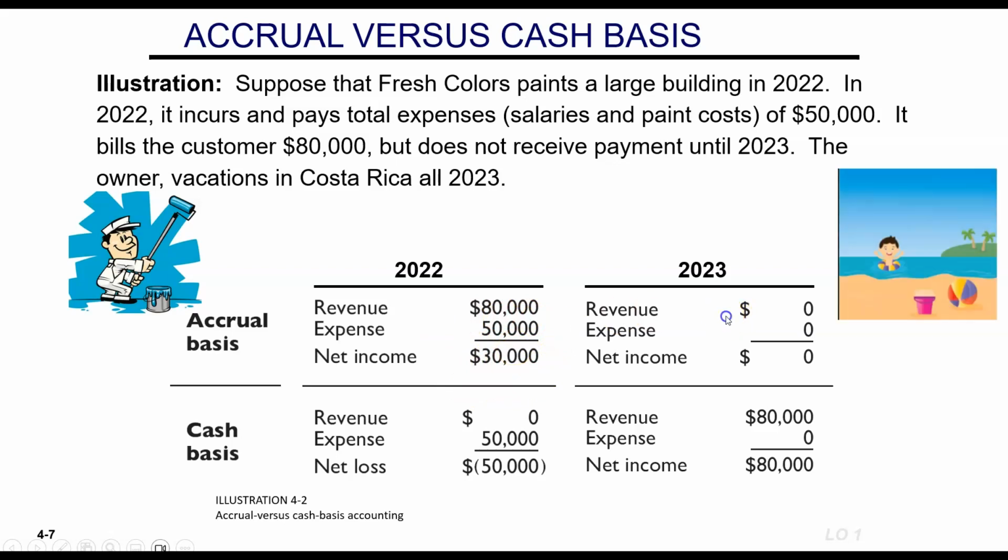And then it faithfully represents what's going on in 2023, because the owner's in Costa Rica doing nothing, and so is the business. Now, if we use the cash basis of accounting, it would look like we have a terrible year in 2022 when we're actually really busy, and then a fantastic year in 2023, which is ridiculous because the